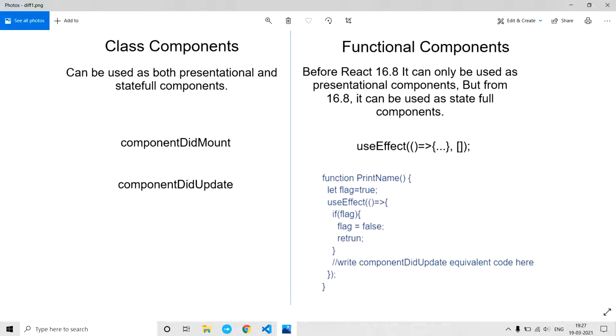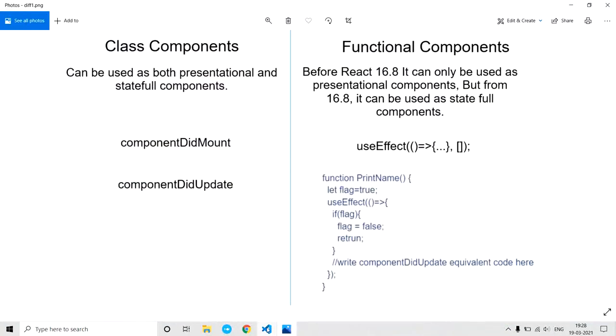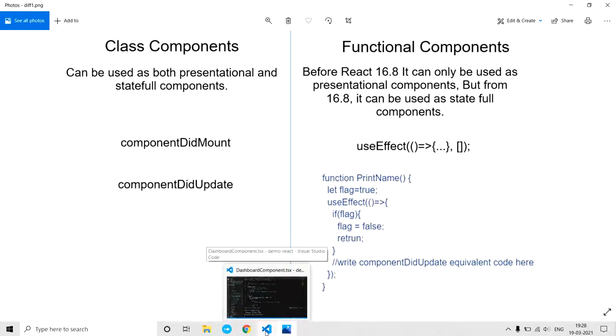Okay, and let's go to the lifecycle methods and what differences we have when it comes to lifecycle methods, along with actual examples. So I just opened a React application so that I can explain it in a better way. The first thing is componentDidMount. This is something which gets called once a component mounts. This can be achieved in a functional component using a hook called useEffect.